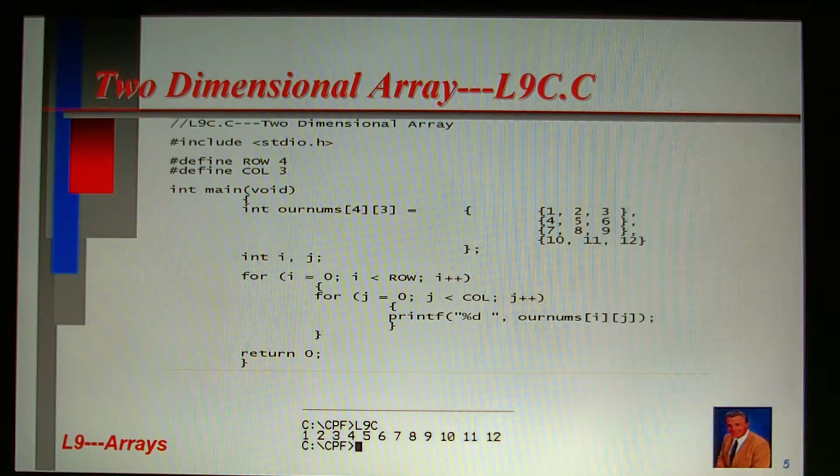Next, the equal operator tells us that this is an assignment computer program instruction, where what is on the right side of the equal operator is assigned to the variable on the left side of the equal operator. In this case, {1, 2, 3}, {4, 5, 6}, {7, 8, 9}, {10, 11, 12}, where the first